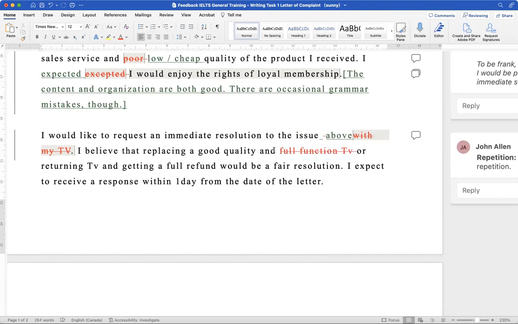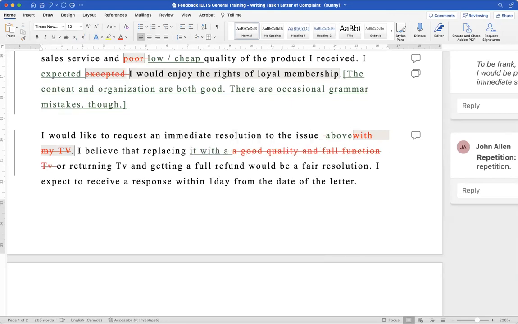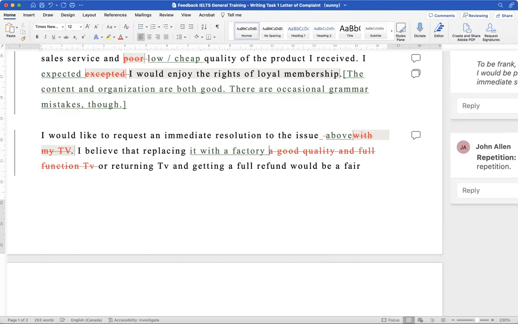Again, I believe that replacing it with a factory fresh one, where "one" refers to the TV. I don't want to repeat the word TV. I believe that replacing it with a factory fresh one, or returning it and getting a full refund, or